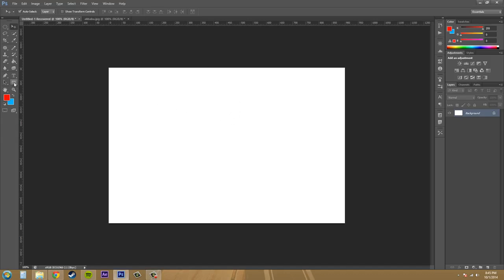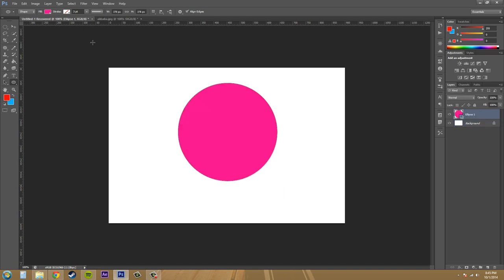So let's select our shape tool here. Let's make sure that it's on shape up here, and then I'm going to check my settings real quick. I want to have it on new layers, good, and then just check all these. I don't want fixed size. I'm just going to do unconstrained right now. All right, so what I'm going to do, I'm going to make it a circle, and then I'm going to change this to subtract, and then I'm going to go ahead to my custom shape tool